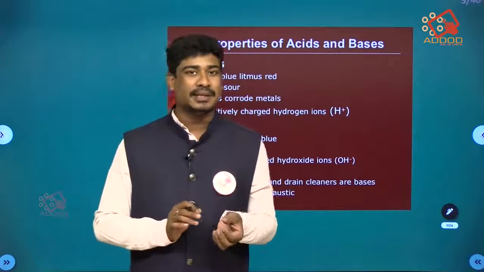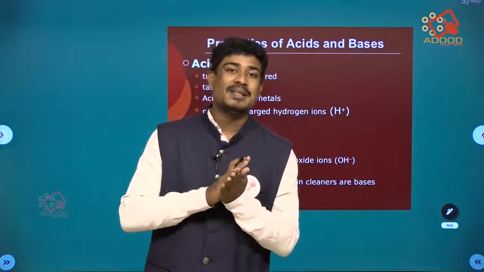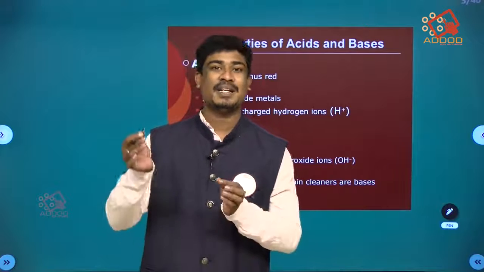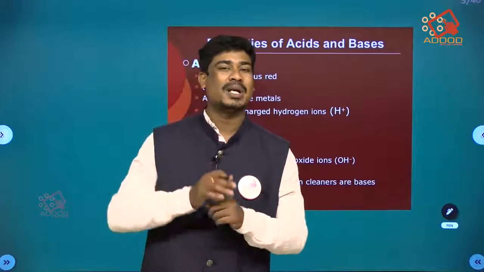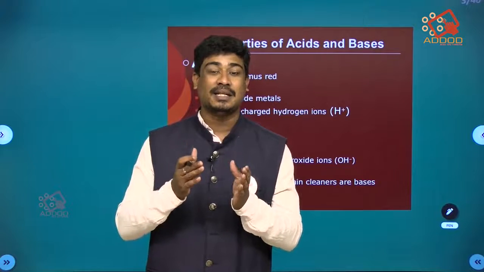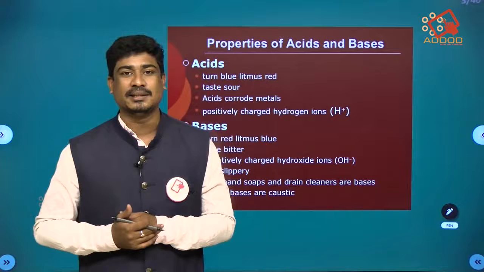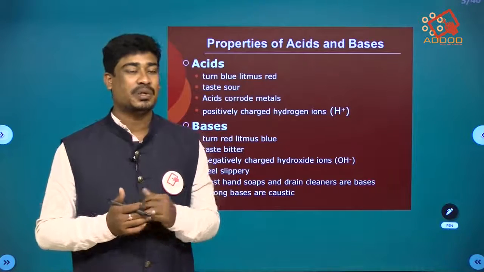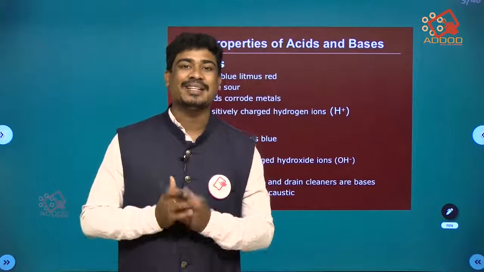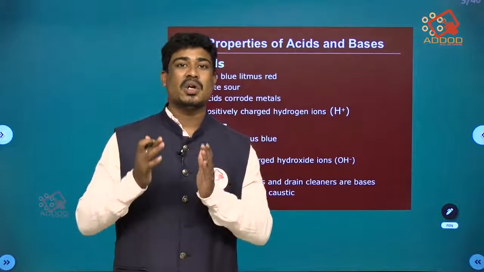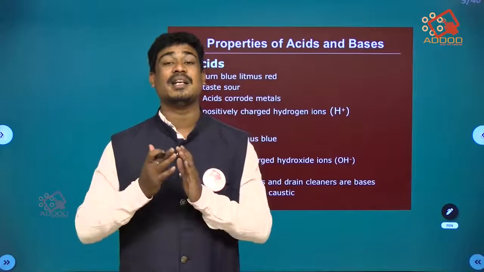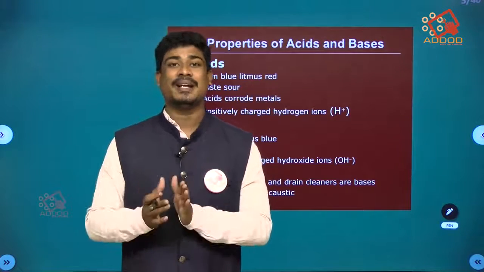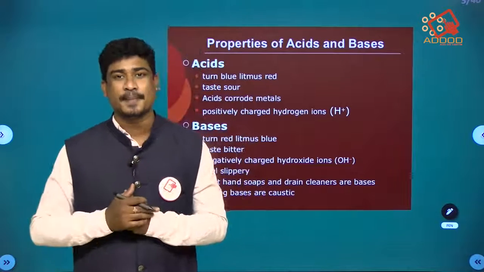Turmeric is nothing but yellow color. If turmeric powder is painted onto a paper and lemon drops are poured on that turmeric paper, it turns into red color. That is an activity which is done in our 7th standard. Based on that activity we can define acids: the solutions which are sour to taste are considered as acids. Then what about bases? The solutions which are bitter in taste are considered as bases.